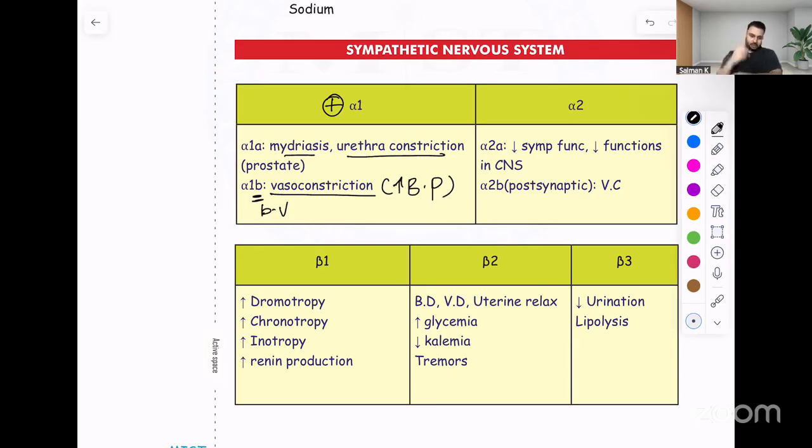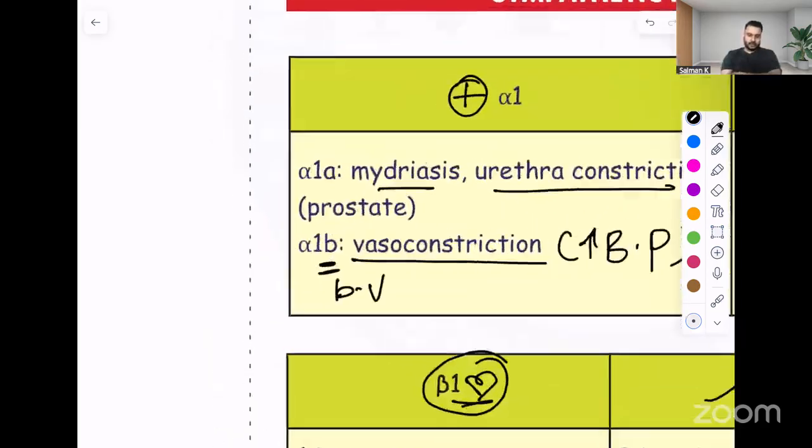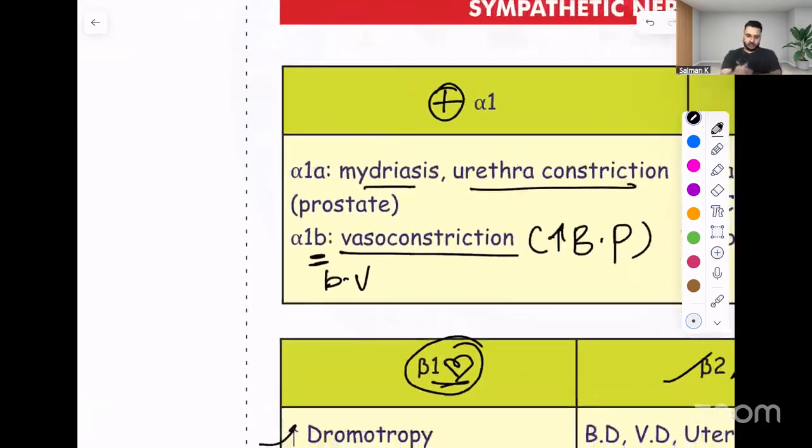Next mnemonic, we said one heart, two lungs. Remember this? One heart, two lungs, meaning beta 1 must be remembered mainly for the heart and beta 2 mainly for the lungs. So first you memorize this receptor. For example, now we'll take this alpha 1. It causes mydriasis, it causes urethra constriction, it causes increase in BP. So if there is a medicine who comes and stimulates this receptor,